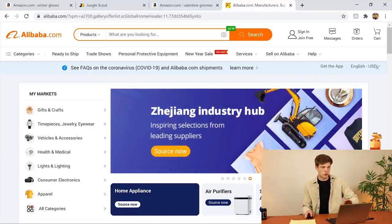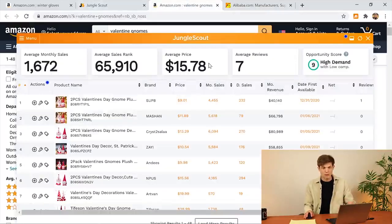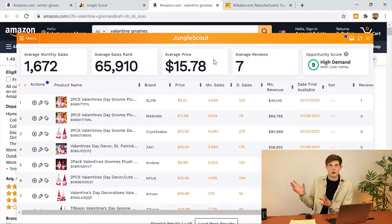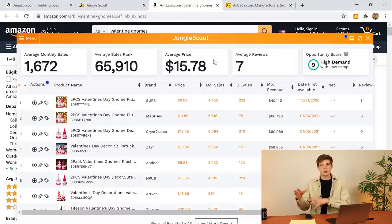So let's say that we're looking back on these different Valentine's gnomes, and we're seeing that the average price is $15.78. So what we want to do here, if we're using the rule of thirds, which means that 1/3 of your price here is likely going to be going towards the cost of the product. So perhaps $5 or less we would want to have for the product. 1/3 of that goes towards